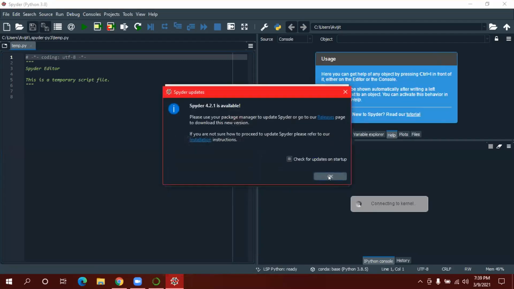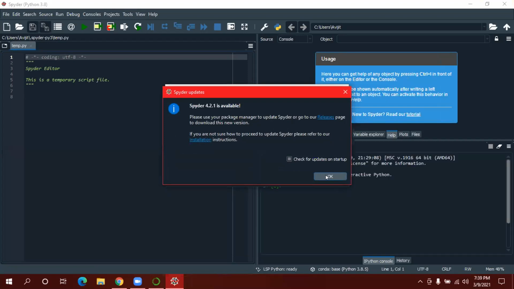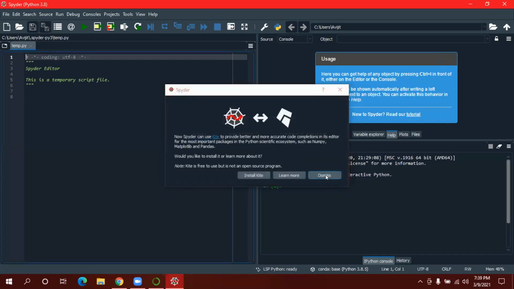Okay, install guide, install it. Click on OK. Click on OK. Check for update. Yeah, you can check it. You don't need to install the configuration mode.